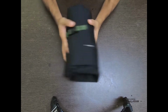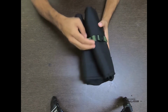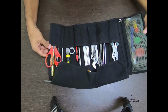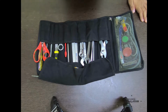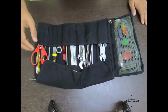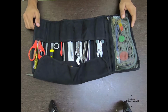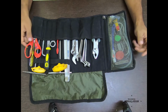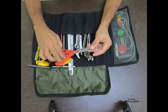So without further ado, let's move into the contents of the pouch. It just comes with a buckle like that. Open it and it opens up like that. First things first, what I have in here is a big scissors,